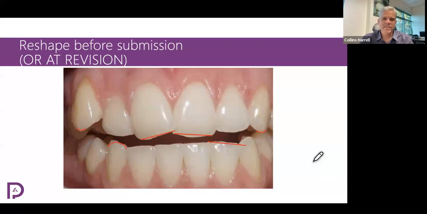So here Dawn's reminding us that it's a really good idea, before we submit the case, to start to get rid of any irregularities from the way the teeth have worn. If I know the patient's going to do aligners, before I take the PVS impression or scan the teeth, I pick up a soft flex and I create a nice straight incisal edge that's perpendicular to the long axis of the tooth. Each tooth is going to get a straight incisal edge perpendicular to the long axis of the tooth. And if needed, I try to fine tune